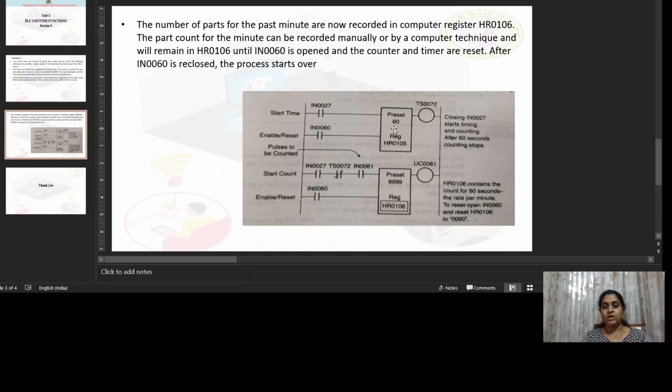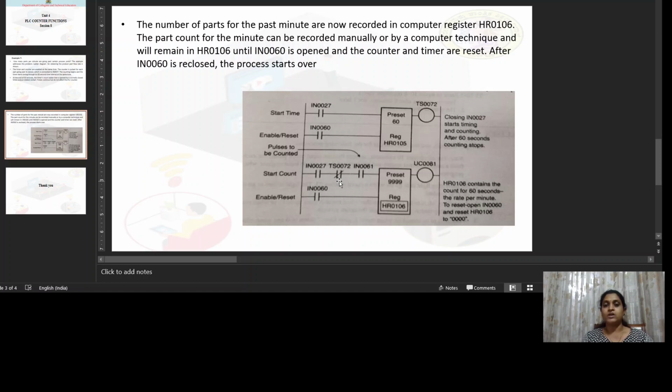When 60 seconds have elapsed, the timer produces a high output. When the timer output is high, this will energize the contact TS072. When this is energized, it will be open.